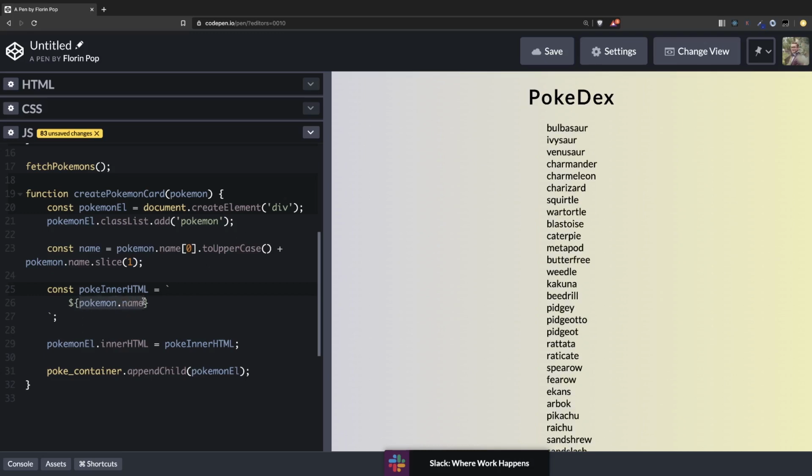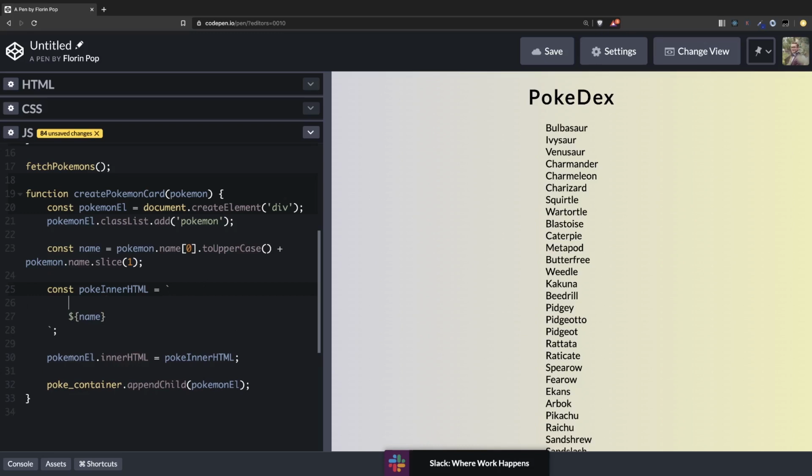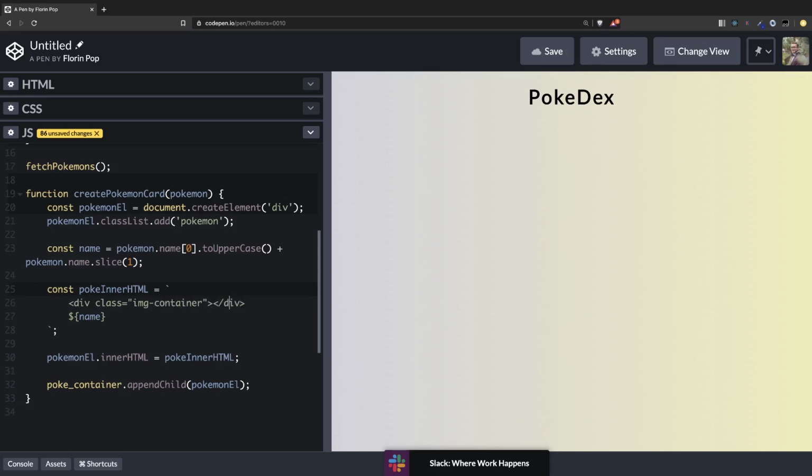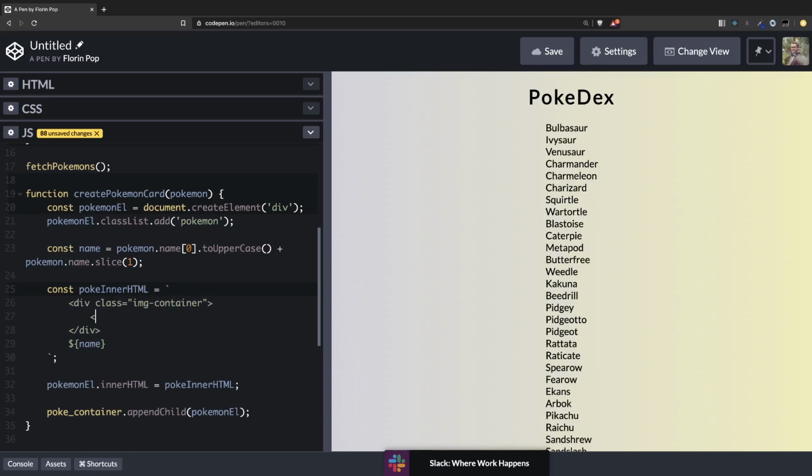Now if we change this to our custom name, you're going to see that all the names will have the first letter be uppercase. Let's create the card. So here the inner HTML. We're going to have an image container which will keep the image inside. So div class image container, like that, and here we're going to have the image,